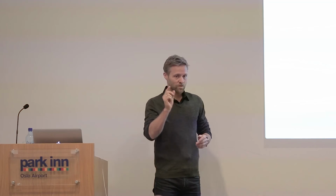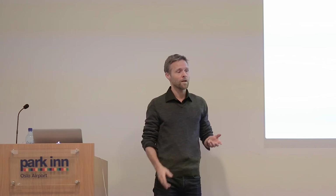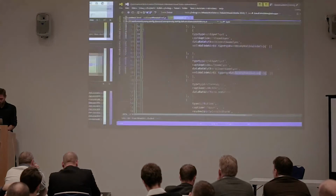And then, if you want something really more special, such as, I want to show a Google map of something like that, then we will also create support so that you can create your own components or your own controls and inject them into the factory. And then when your recipe comes along saying that, I want my own particular component that's going to show this in this particular way, then you will get that inside the user interface without having to iframe or without having to do a lot of programming. And just to show you,